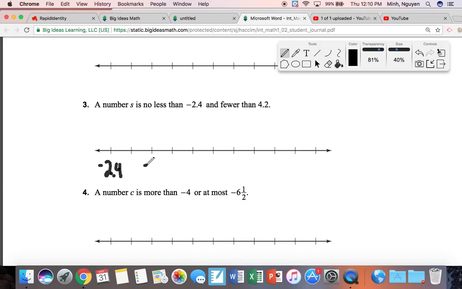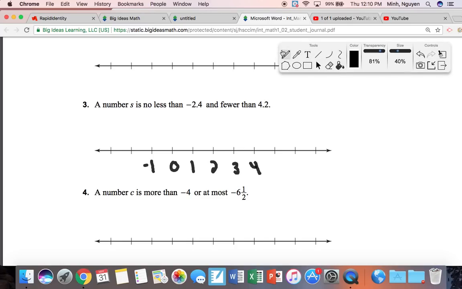-2.4, -2, -1, 0, 1, 2, 3. And you could say, visually, it would have to be on here, so I will show you that way actually. I'm going to erase this, and I'm going to say this is -2 and -3. So "no less" just means not less, which is another way of saying greater than or equal to